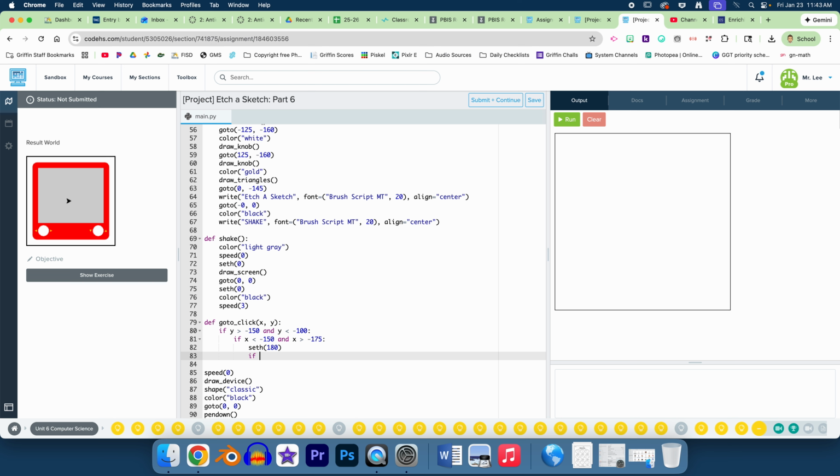If X core is greater than negative 150, forward 10. So now we're going down on line 85. We need to go back to be lined up with the second if. So we'll backspace twice. We're going to do elif